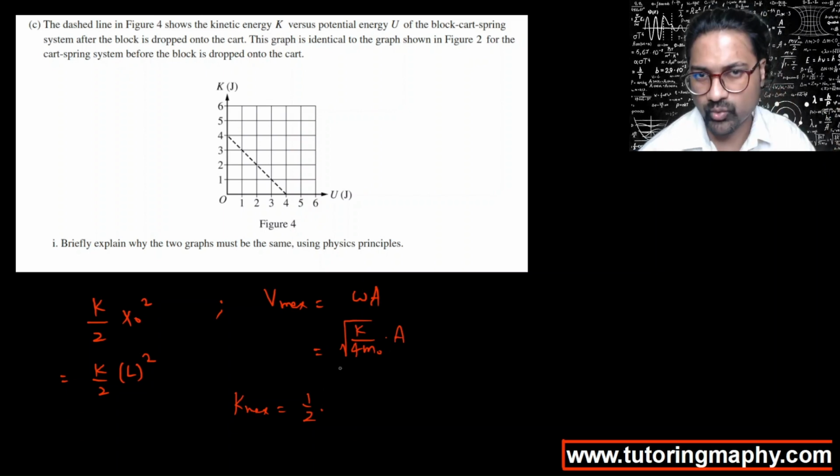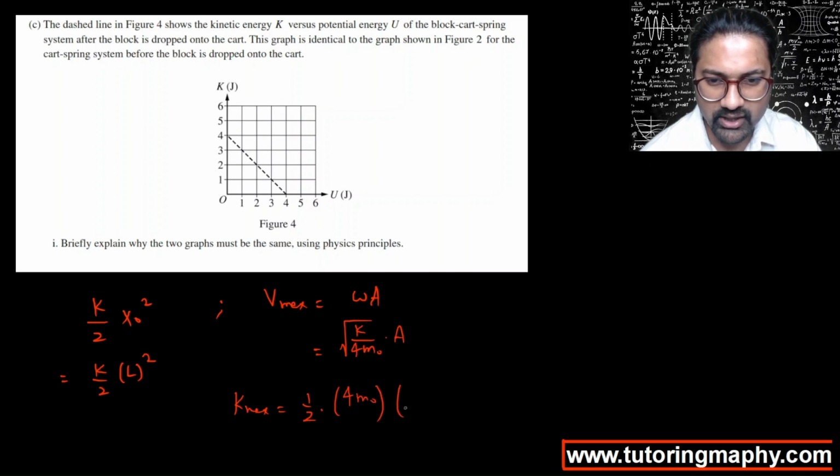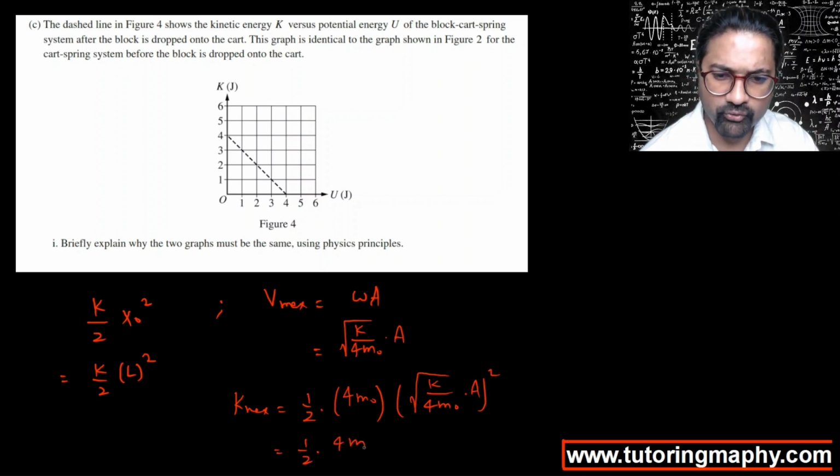Half mv square. And what is m? M is 4m naught. And if we do v square, we have to do root of k over 4m naught times a, whole square. So if we open this up, this becomes half of 4m naught times k a square over 4m naught. And fortunately, 4m naught and 4m naught cancel, and we once again end with 1 over 2 k